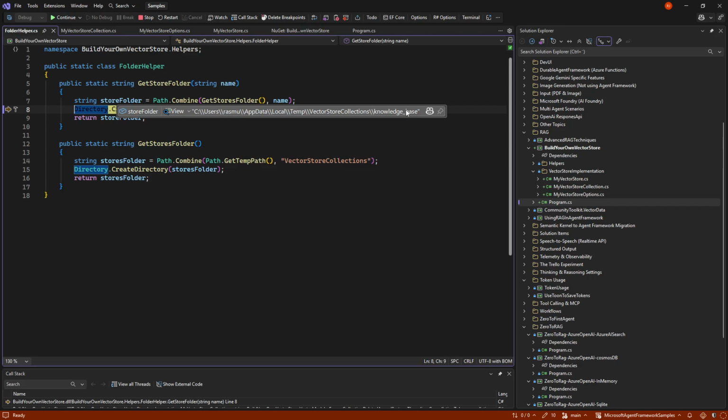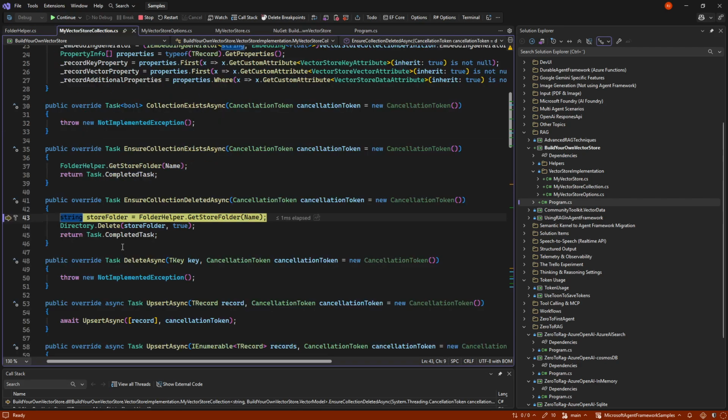It could be a database that doesn't support this, and you can build it behind the scenes. I'm not saying this is easy to build, but it is possible to build. So I just made it using files. And then I'm just doing file manipulation in C# like normal. I delete the store using directory.delete, nothing to do with vectors or anything.